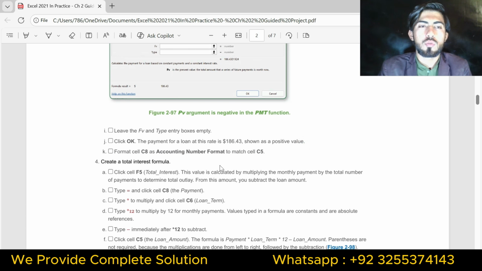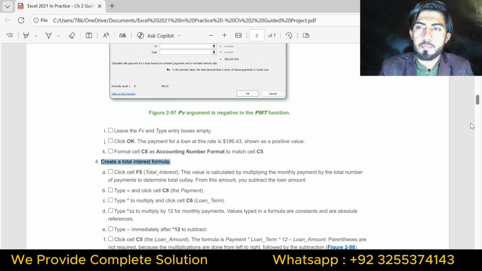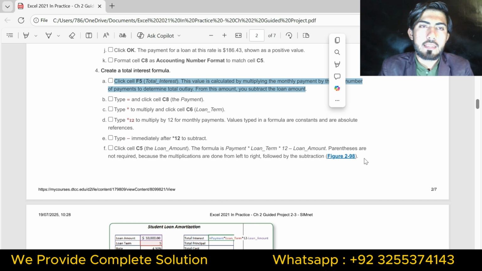Now I'm going to do question number 4. Question number 4 is create a total interest formula. Part A is click cell F5 total interest.